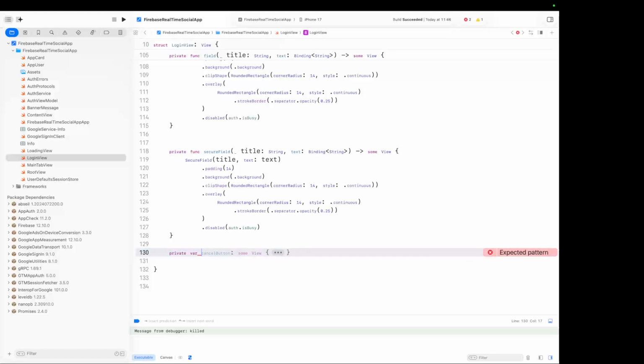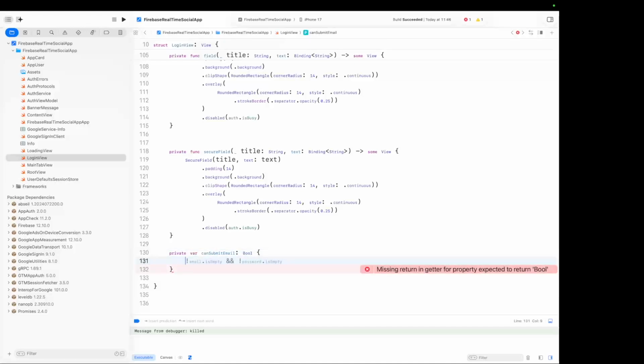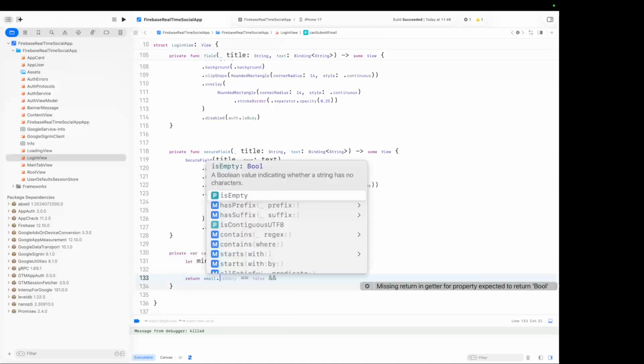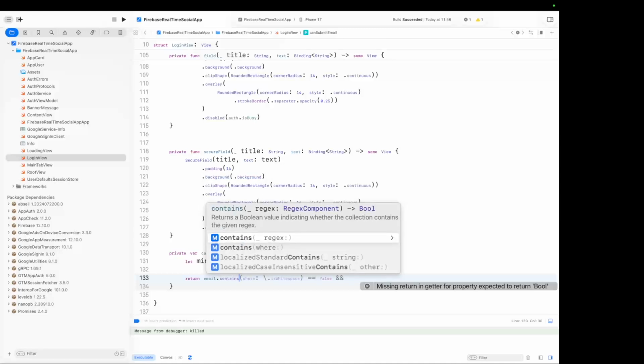As you can see, this is a computed property and not a function. That was my mistake. canSubmitEmail: let min equals mode equals .create, 6, 4, return email.contains